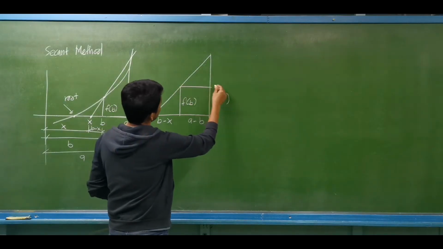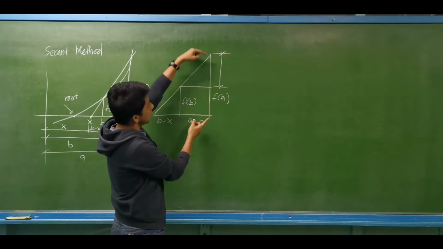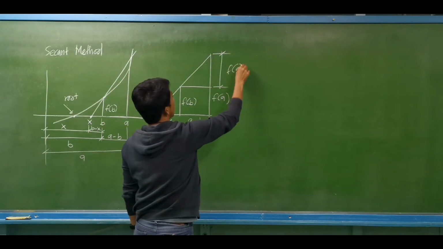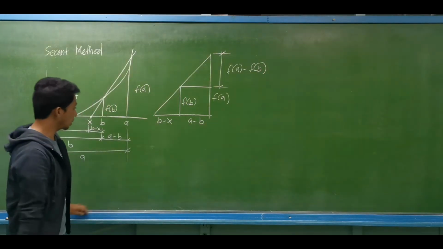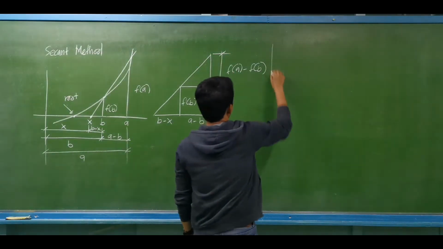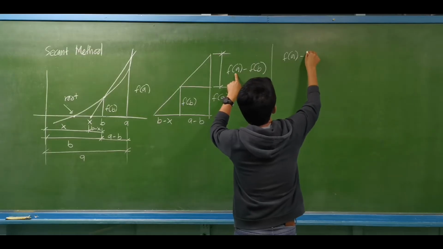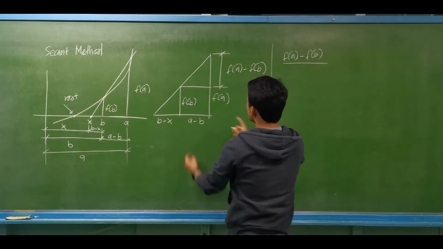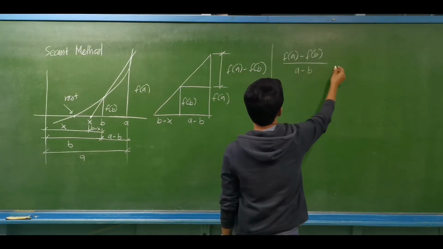If this is f of a initially, this height is the same as f of a minus f of b. By ratio and proportion, we have f of a minus f of b divided by a minus b,